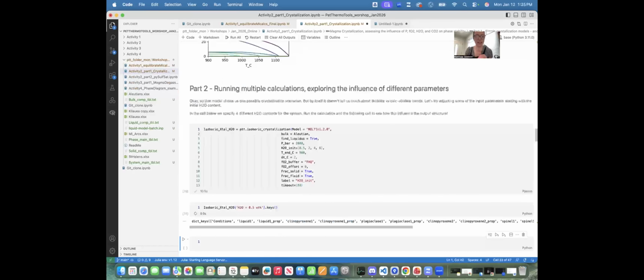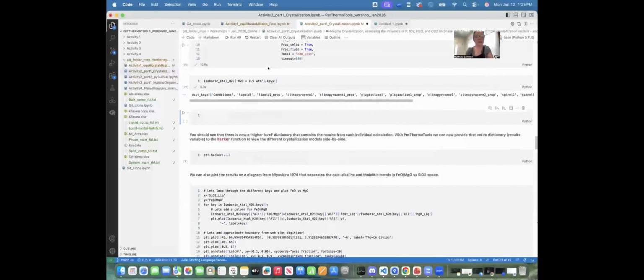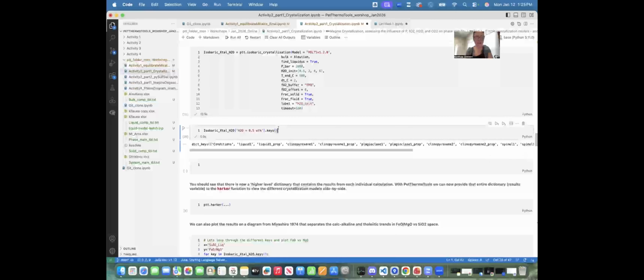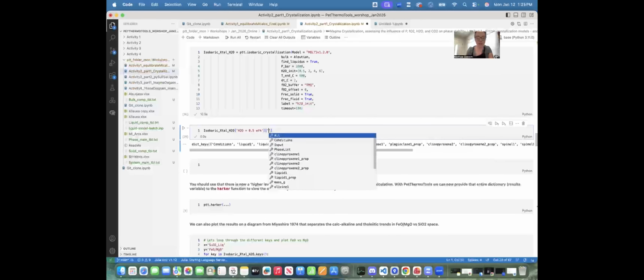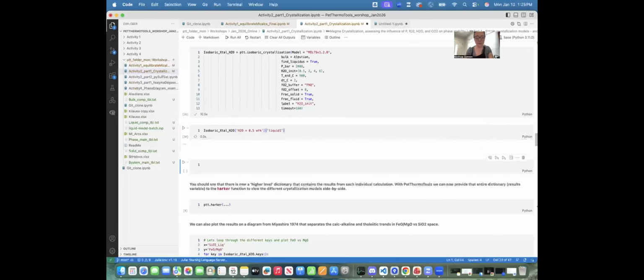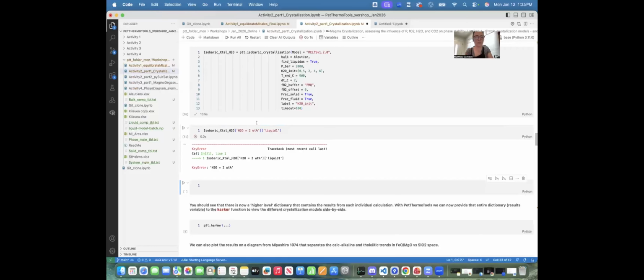So again, we can look at the keys for that, and we can see we now have the keys that we had for the last example. So what we can do is look at the liquid composition, for example, here. That would be the liquid composition for half a weight percent water. If we wanted to look at the liquid composition for 2 weight percent water, we would simply change